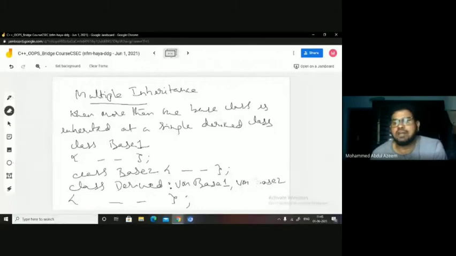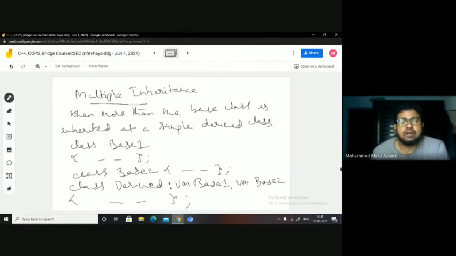It means I can have any number of classes to be inherited at a single derived class. It means if I have base 3 here, then I can even inherit the base 3 here. Visibility mode base 1, comma, visibility mode base 2, comma, visibility mode base 3. So in C++, you have this particular feature which probably helps in very complex kinds of real-time problems to make them more solvable, right? So for multiple base classes, these base classes can be simple base classes, or they could be derived classes also. Fine.